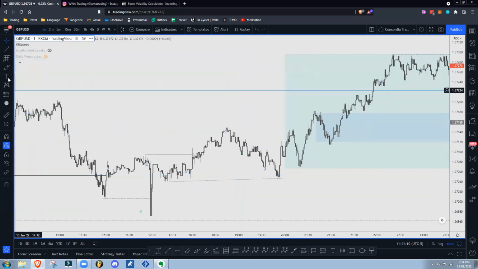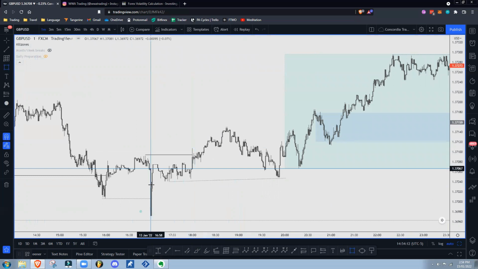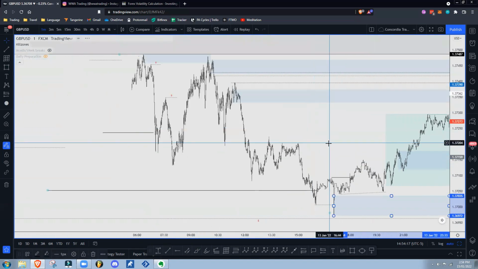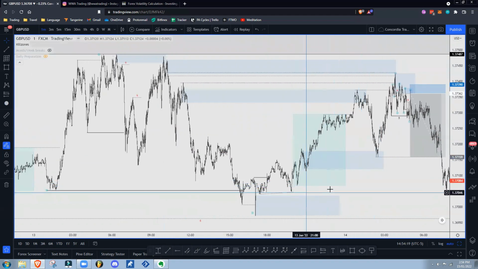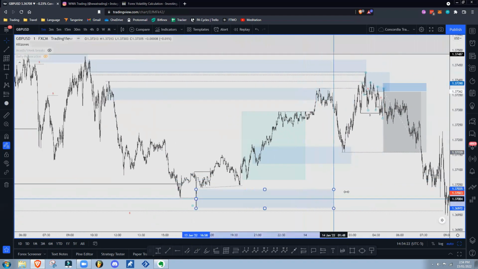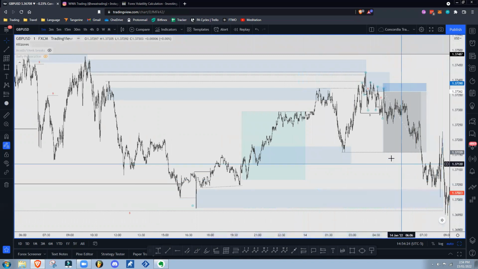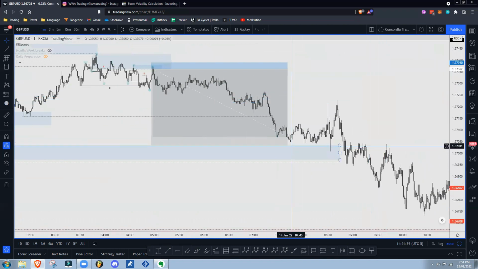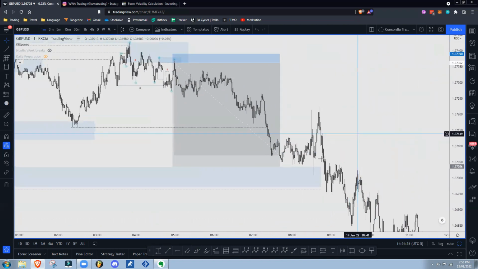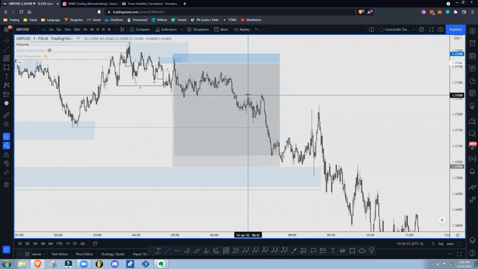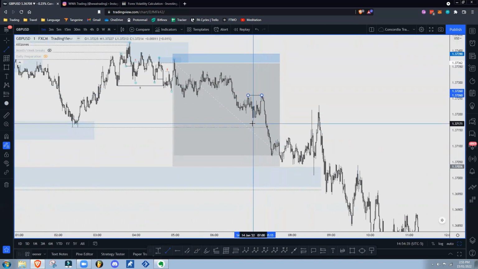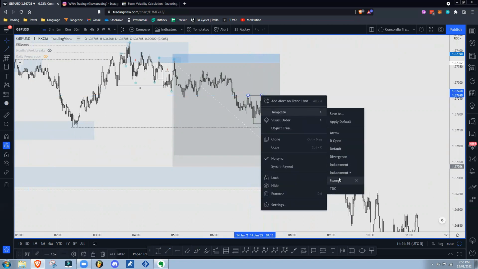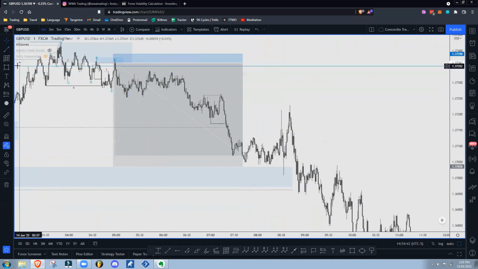Okay. And that being said, we have this unmitigated block right there. This whole unmitigated block. So this would probably be an area that I would be looking at taking out my position, part of it at least. And you can see that it dabbles right into it right there. News event comes in. And also this is beautiful right here too, right? We got a sweep right there, break in structure. Well, you can say that this was the break in structure, but if that's not clear, then obviously you should be able to see this,